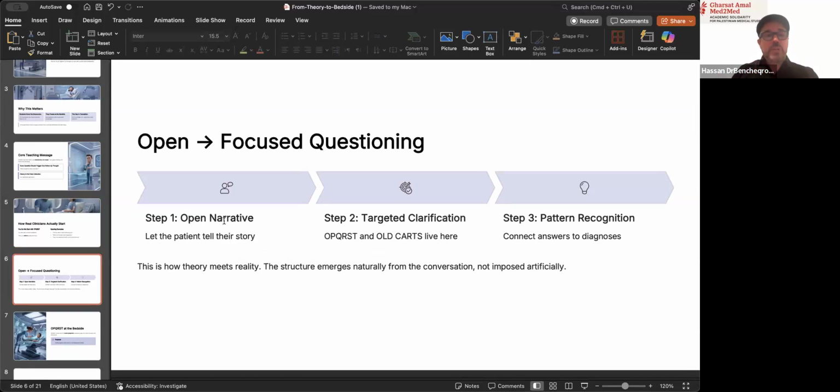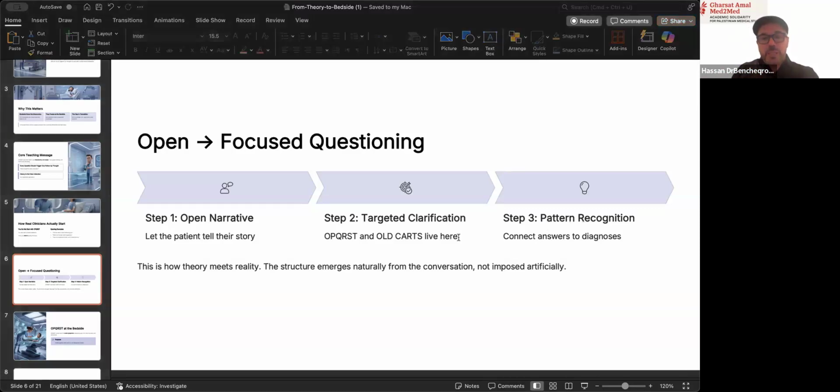Open questions are for when I have a patient that is quiet or says a few words. That's when I say, tell me your story. What brought you here? How long have you been like this? Did this happen while you were at a function? When you walked, did you feel the same thing? So something open where they can actually have the ability to add more if they want. And you hope by repeating that, you are opening the patient to speak to you.